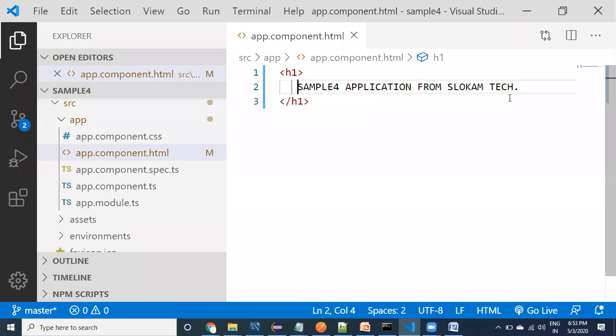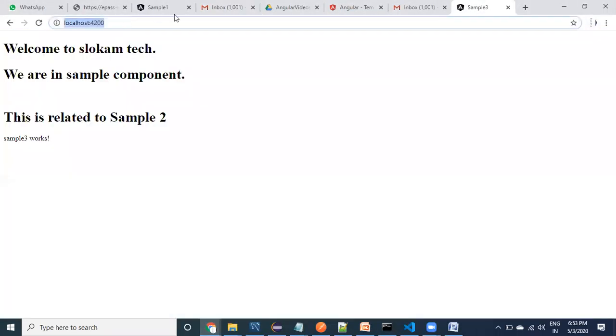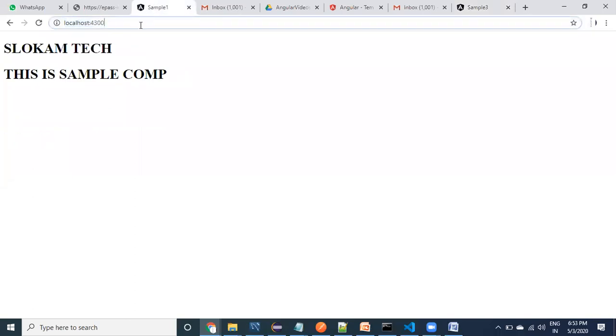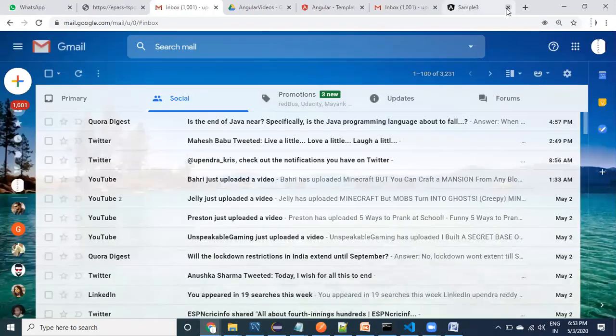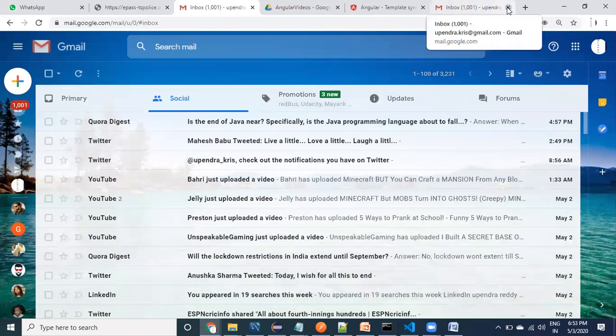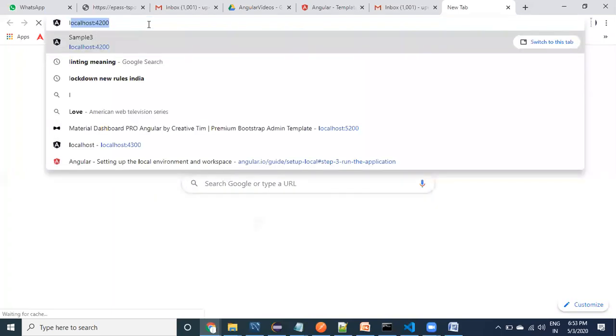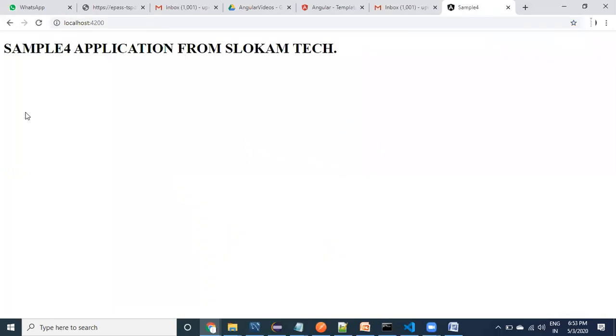Now let us look at it. Very simple. I just ran the server. Yes, the server is running. Let me go to the sample 4 application from Slocum Tech.